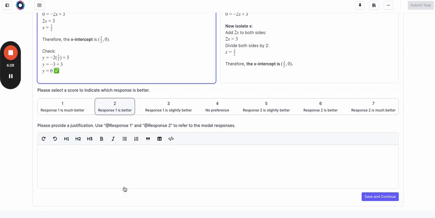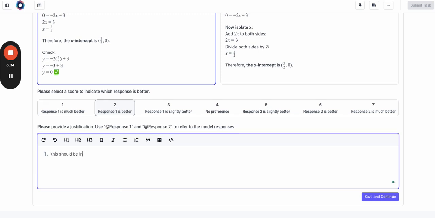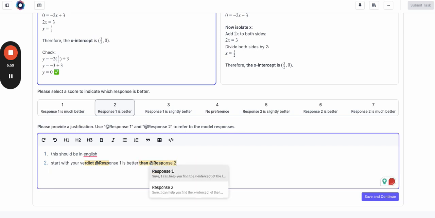You're going to select your verdict and then write a justification. Again, this should be in English. And I want you to start with your verdict. So start by saying something like @response 1. And when you write this, sometimes it takes a couple tries. Basically, you'll be able to select it like that. Is better than @response 2. And then you'll be able to select this, and this basically just makes sure that this is processing correctly,